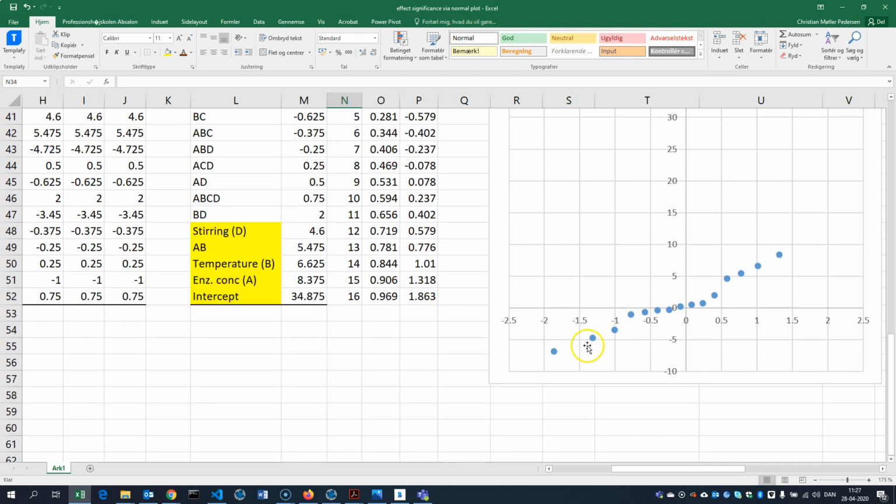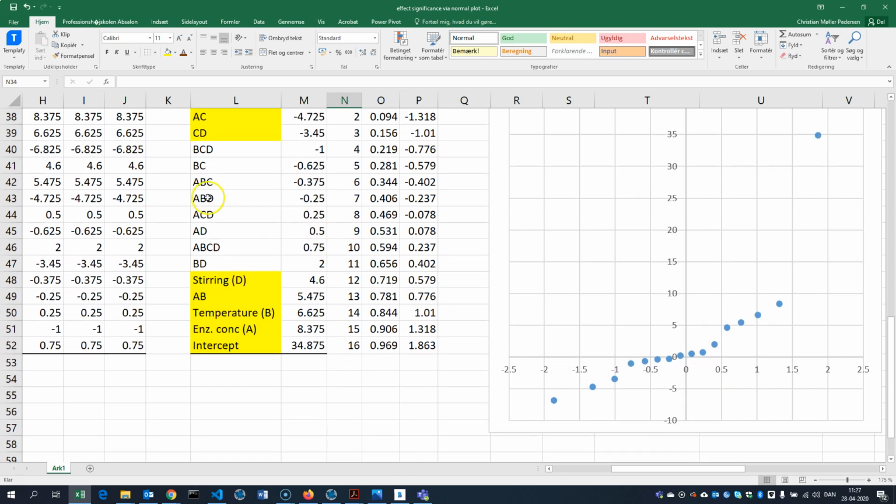So just by looking at this plot, we can determine what effects seem to be significant and which seem not to be. These effects, and notice that all of the 3rd order interactions are among these in the 4th order as well. Typically, they would be non-significant. The reason, so what we're saying is that the true average value of these effects is 0. The reason they're not exactly 0 is because of random variation. So they distribute themselves normally around 0,